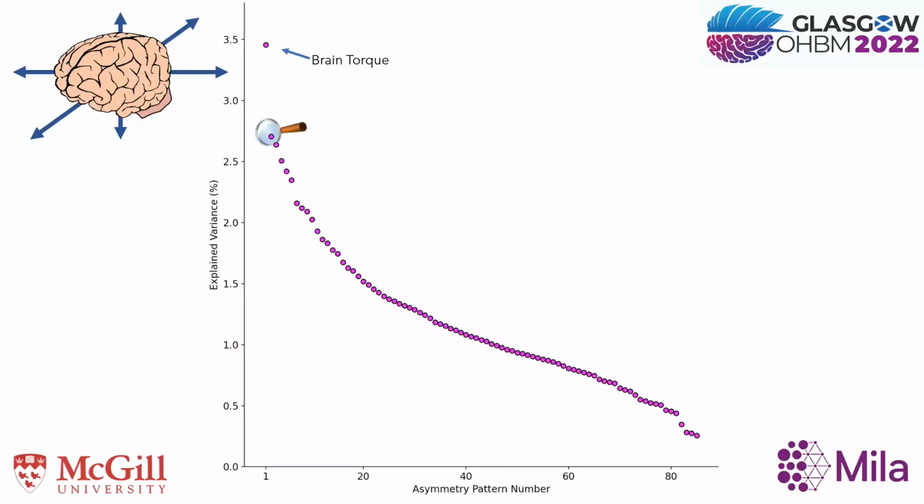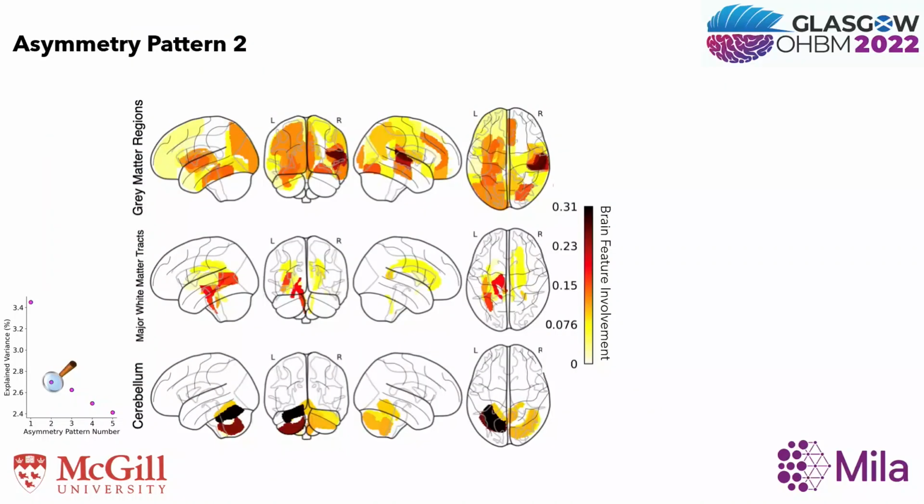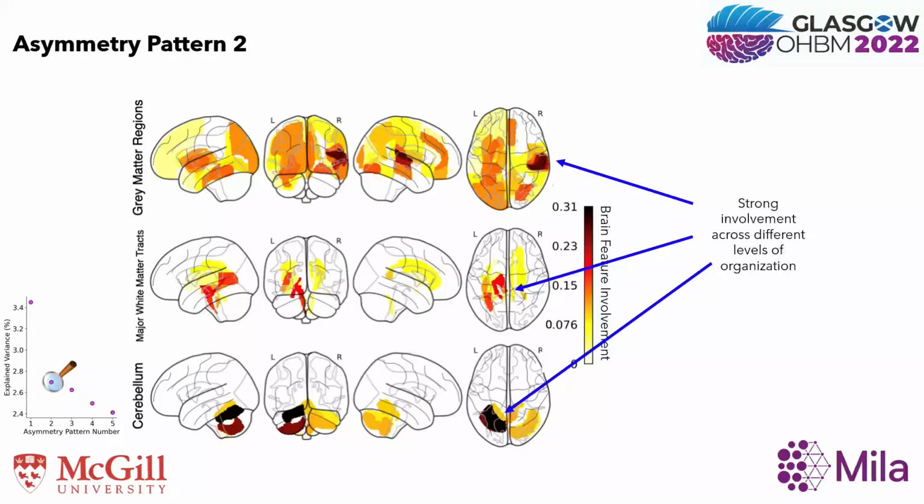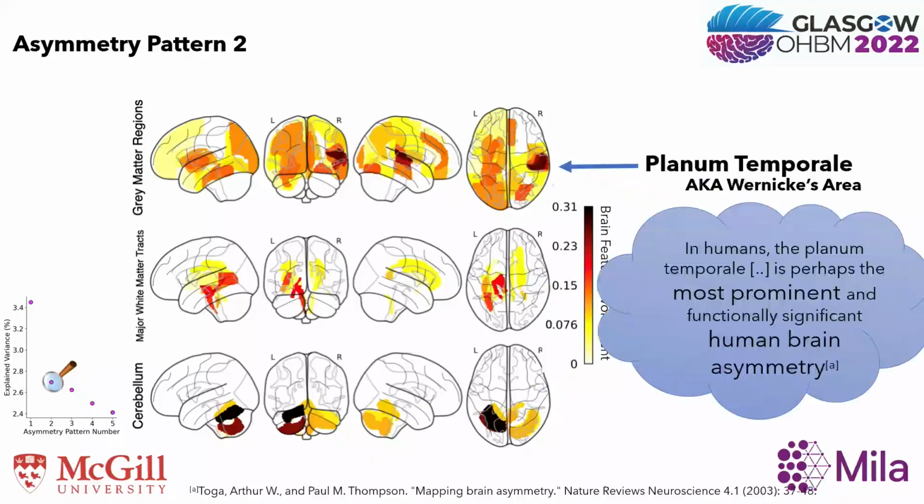So let's zoom in on asymmetry pattern 2. Here is a structural co-occurrence profile of asymmetry pattern 2. Once again, we see involvement across all examined levels of brain organization, with particular emphasis on contralateral planum temporale and cerebral lobe 6 asymmetries. You may know the planum temporale as being associated with Wernicke's area in the left hemisphere,